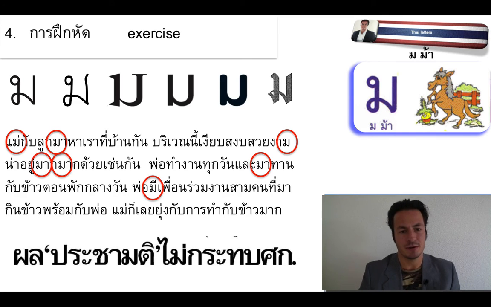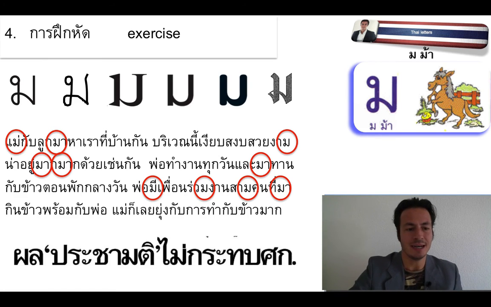The second part of the third line มีเพื่อนร่วมงาน and another one there ร่วมงาน, 3 คนที่มา, so we have 4 in this line, and the last line ที่มากินข้าวพร้อมกับพ่อ, together with พ่อ so there, and then towards the end แม่